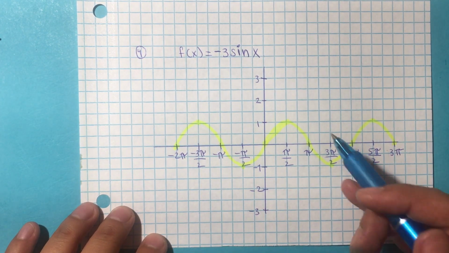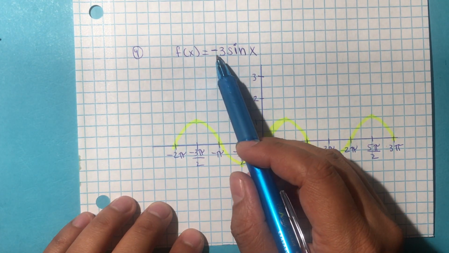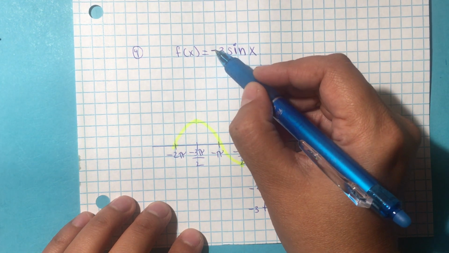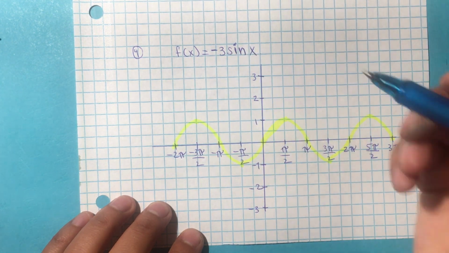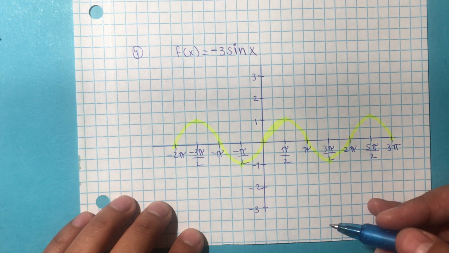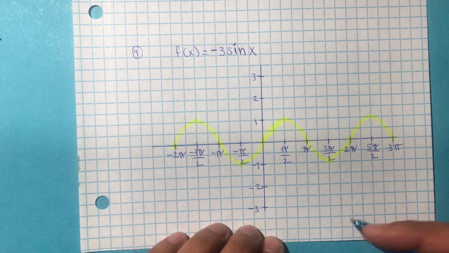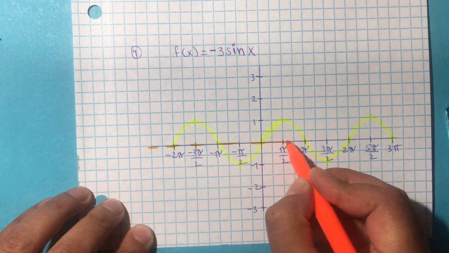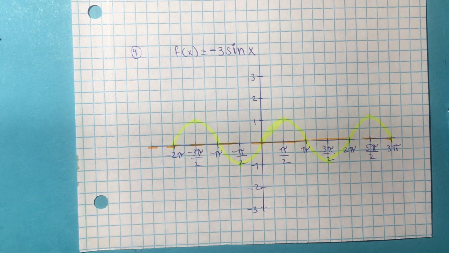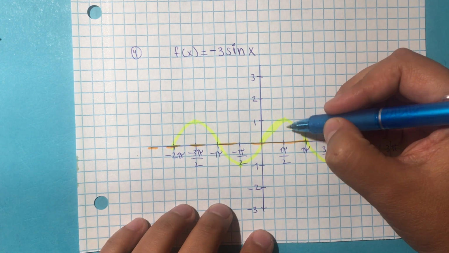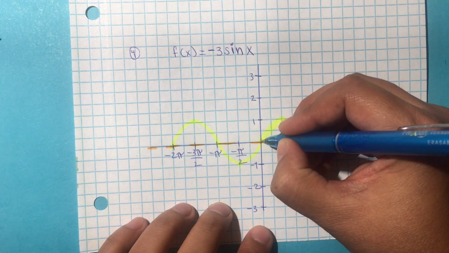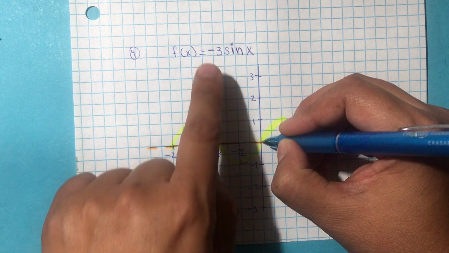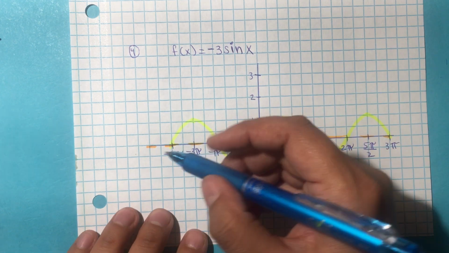For the next one, we have f of x equals negative 3 sine of x. So the negative is a reflection and 3 is a vertical stretch. So there are 2 things that you're doing to each point. So let's do the midline. And from that midline, you're going to do 2 things. Each point is going to stretch, multiplying by 3, and then reflect it on the other side as if this